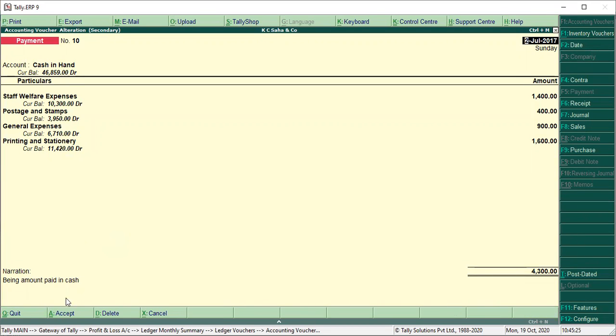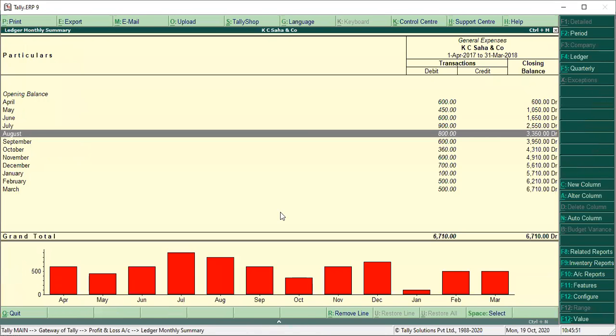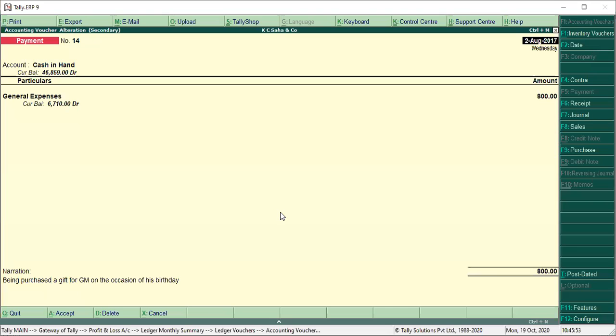Next is amount paid in cash. सेम अगेन जुलाई मंथ का वो लोग ने आपको बोला है अमाउंट पेड इन कैश, दे आर नॉट सेइंग एनीथिंग। यहाँ पे नॉर्मली आपको बताया है कि अमाउंट पेड हम लोग ने कैश में कर दिया, दैट मीन्स इट गोज विदाउट सेइंग कि स्टाफ वेलफेयर का स्टाफ वेलफेयर में रिकॉर्ड किया होगा, पोस्टेज का स्टैम्प का वहाँ पे रिकॉर्ड किया होगा, जनरल का उसमें रिकॉर्ड किया होगा, एंड प्रिंटिंग एंड स्टेशनरी का चार्जेस वो लोग ने वहाँ रिकॉर्ड किया होगा, इट गोज विदाउट सेइंग ओवर हियर। जस्ट रिमेंबर द नेम, बिकॉज ये लोग ने कंपाउंड एंट्री पास किया है, सो हम लोग का एक साथ चेक करके हो जाएगा।